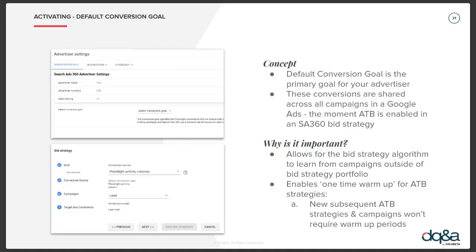So a flavour of what that is: any new campaigns that are added to your existing auction time bidding strategy won't require a learning period. And likewise, any new auction time bidding strategies you set live that are working towards the same default conversion goal also won't require a learning period. So pretty powerful for advertisers who are looking to get going with any new tests. So that saves a lot of